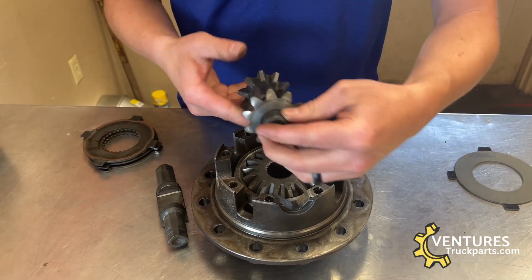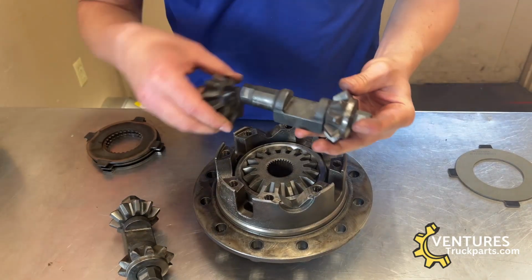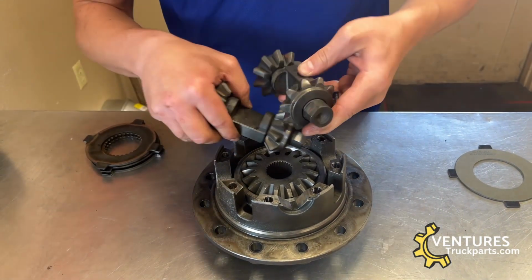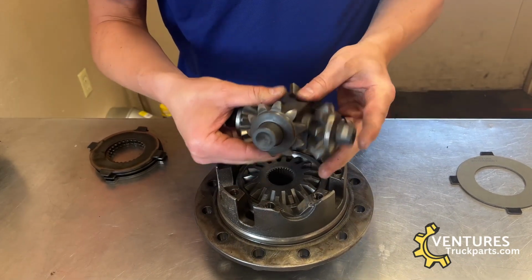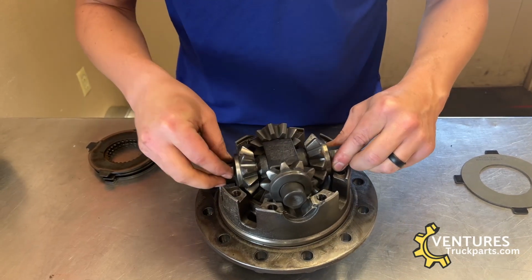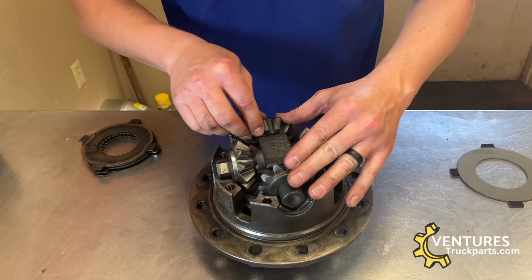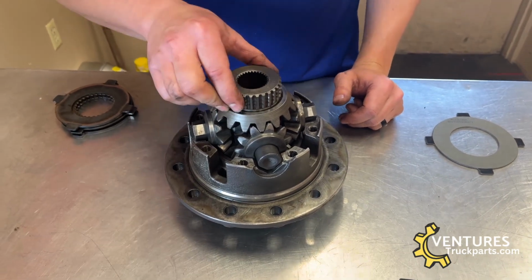and drop that down inside the case, so that those angled pieces match together, and that the side gear and the spider gear teeth line up. You do your next side gear,